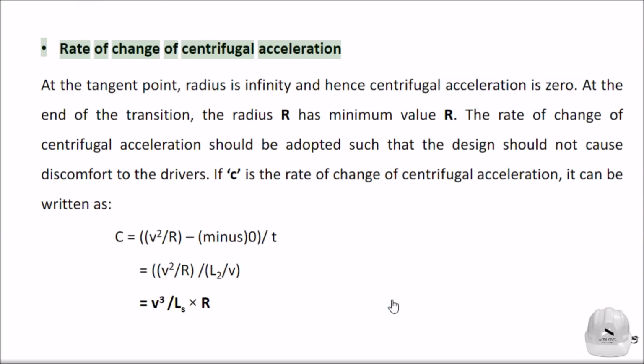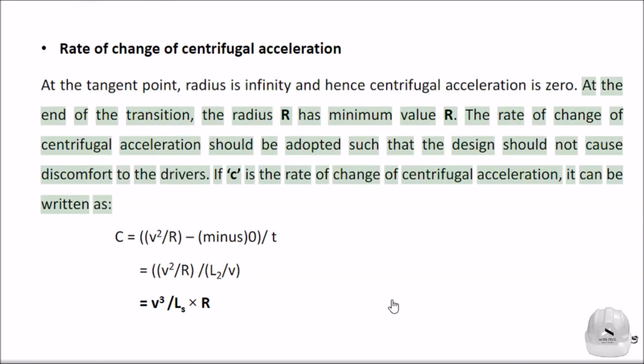Rate of change of centrifugal acceleration. At the tangent point, radius is infinity and hence centrifugal acceleration is 0. At the end of the transition, the radius r has minimum value R. The rate of change of centrifugal acceleration should be adopted such that the design should not cause discomfort to the drivers. If C is the rate of change of centrifugal acceleration, it can be written as